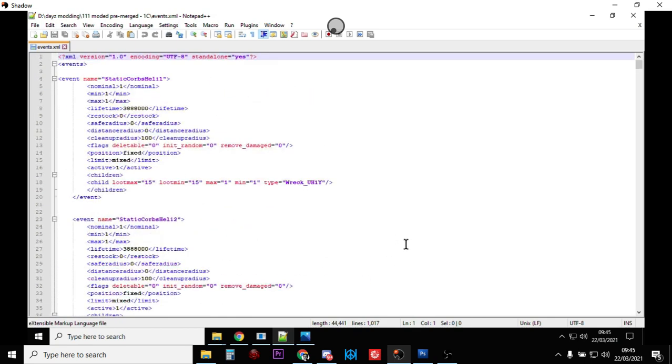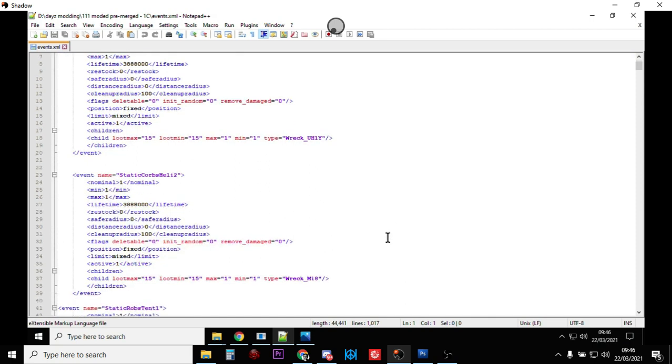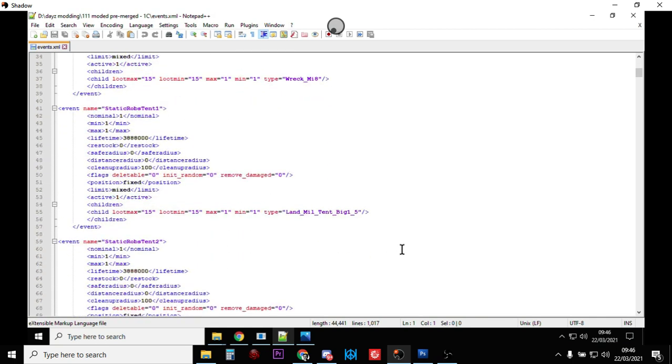Hi guys, just wanted to do a quick video about how to stop loot piling up inside your buildings that you've spawned in using events. This is a technique we use a lot on console, on PlayStation and Xbox, to spawn in buildings all over the map. But unfortunately the game isn't always really good at clearing up the loot in the way that it does